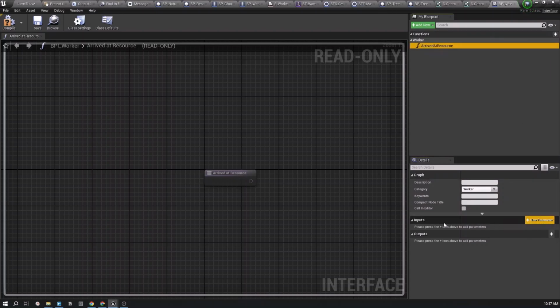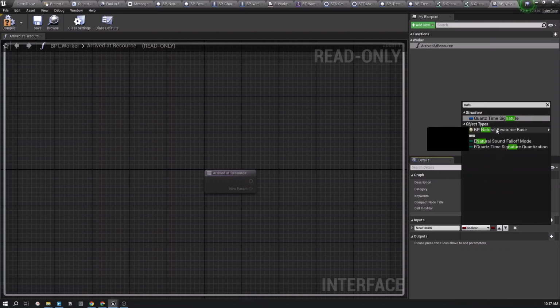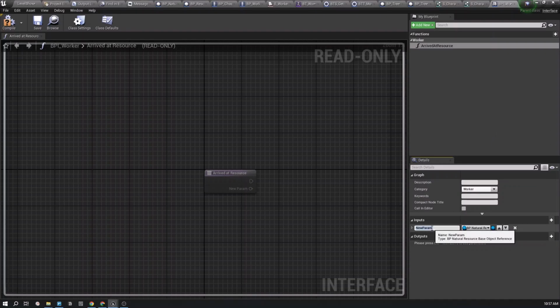And as the input we can give the natural resource that we reached. So let's say reached resource,